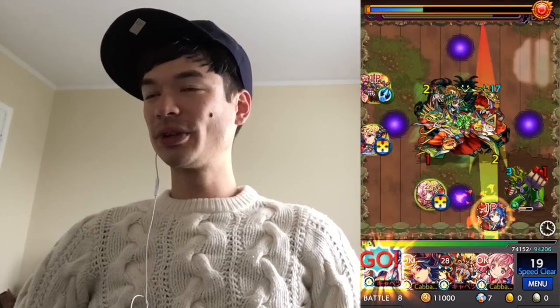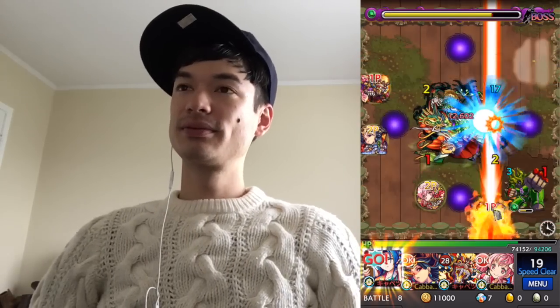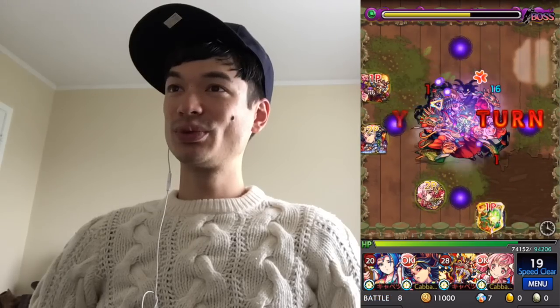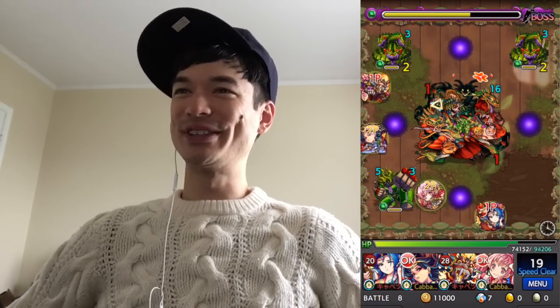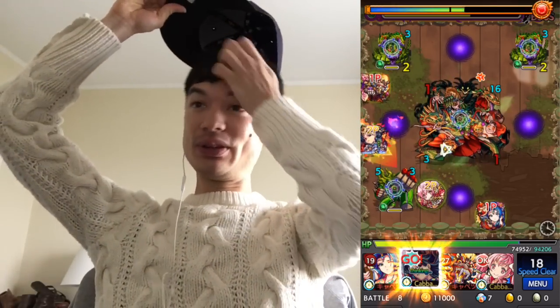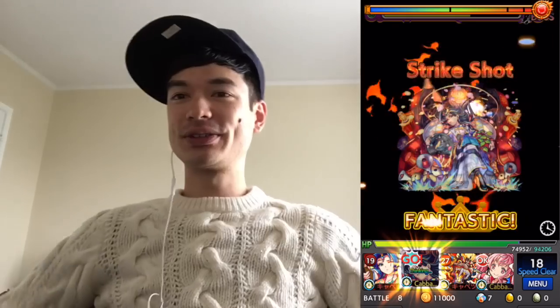Okay, so let's use Marguerite's Strike Shot. It's a laser plus homing. Pretty good, 1.3 million damage. And again, yeah, the fewer little guys there are around, the more of the homing shots will go into Kushinada, so